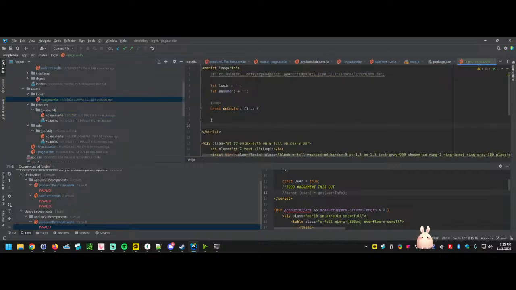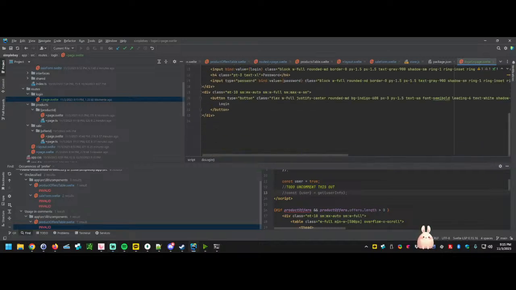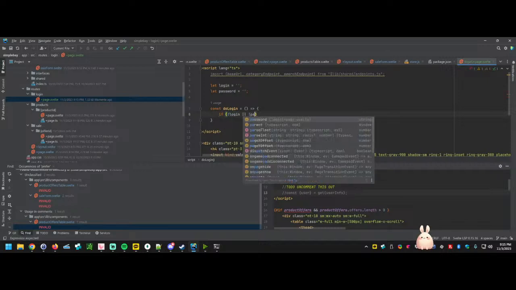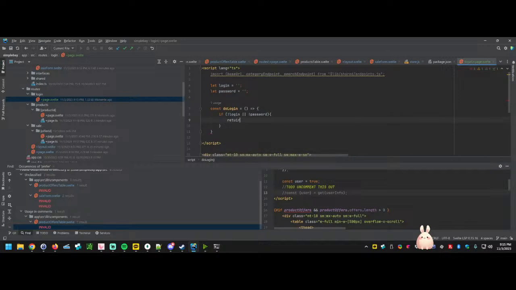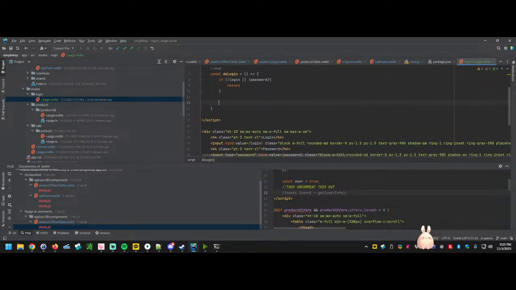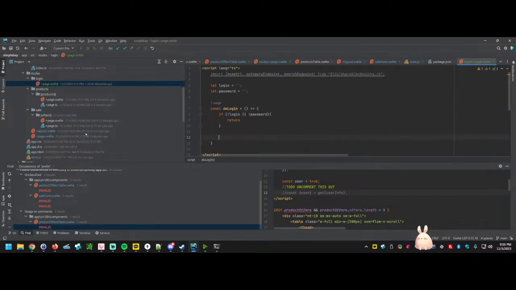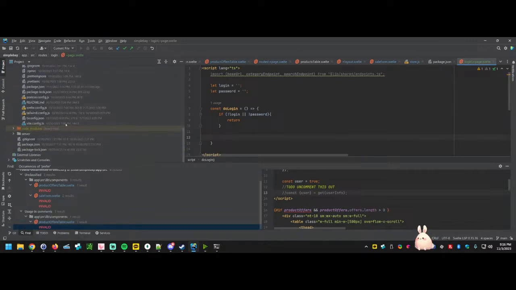Login page. So we're going to the login page. If no login or no password, just return, and then to actually do the login, the endpoint that I created for that,